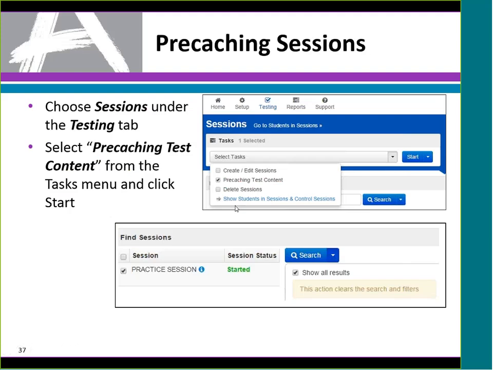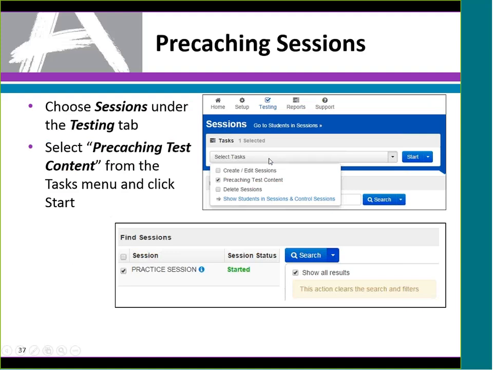All right, pre-caching sessions. So this is kind of the old way or the previous way of pre-caching. If you were to go into sessions for the district or for the school, you could search for all the sessions. You can do the search, show all results, click the top button to highlight all the sessions, and then pre-cache those sessions.